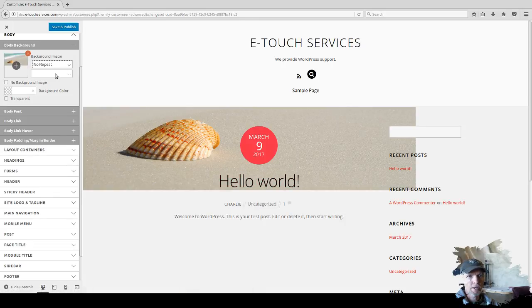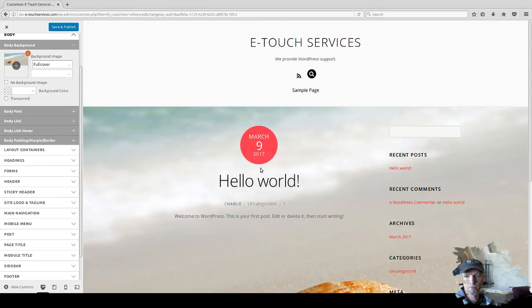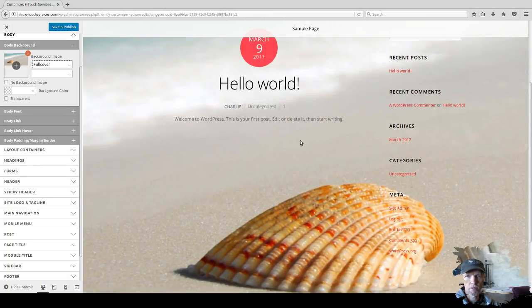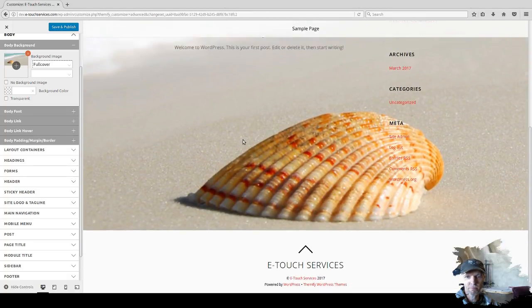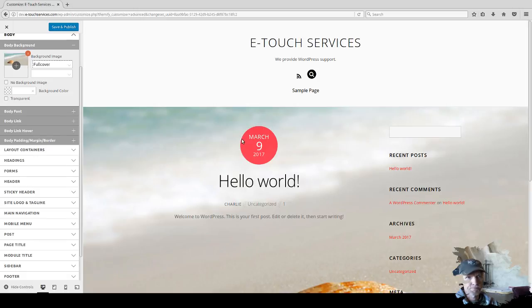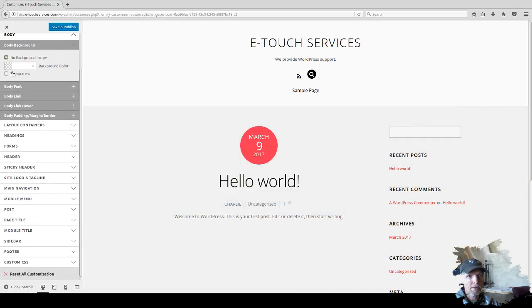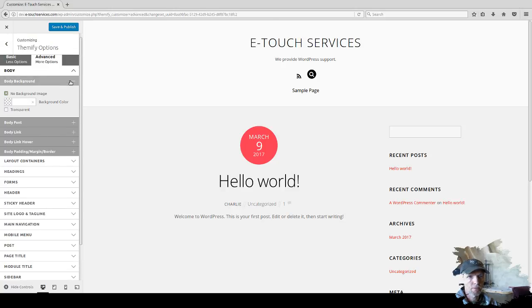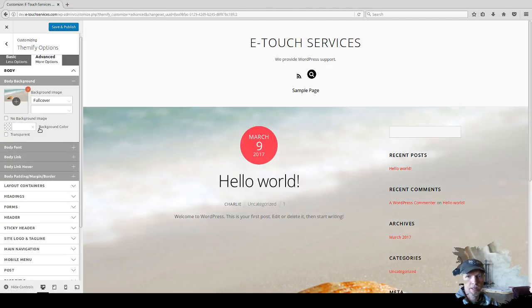Or you can do a full cover, and this will cover the entire area here. And then you can select no background image, and it will get rid of it automatically. That's that. Let's put that back the way it was. Okay,